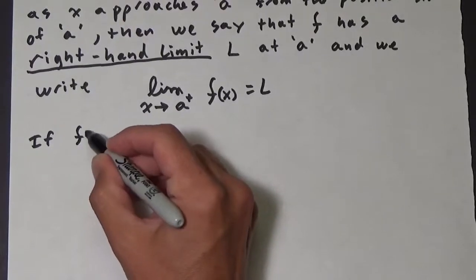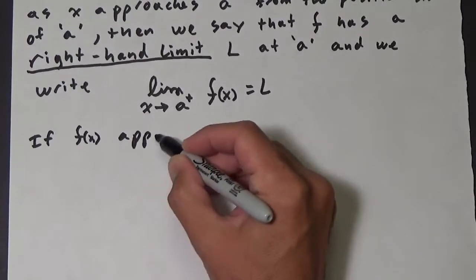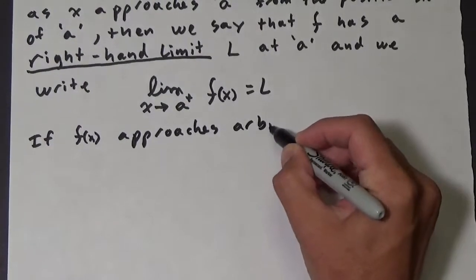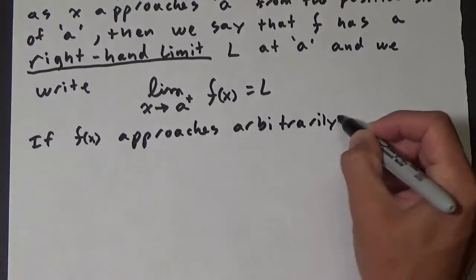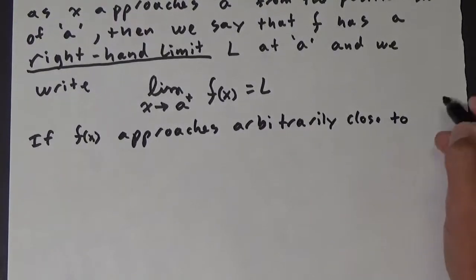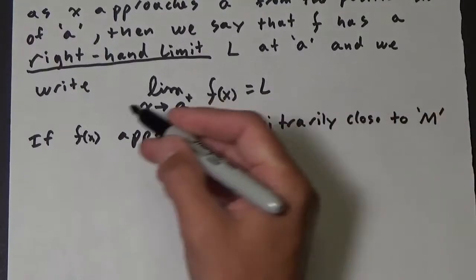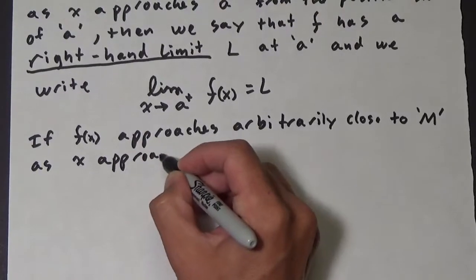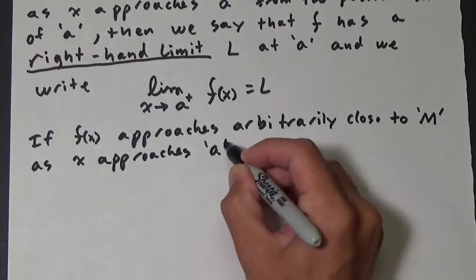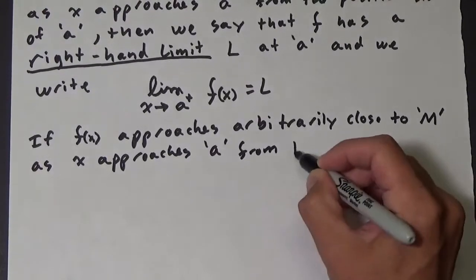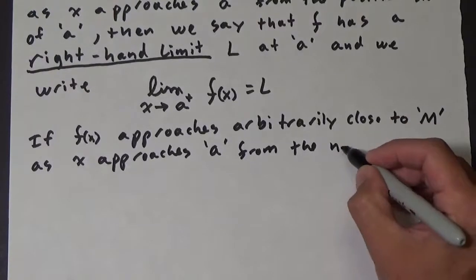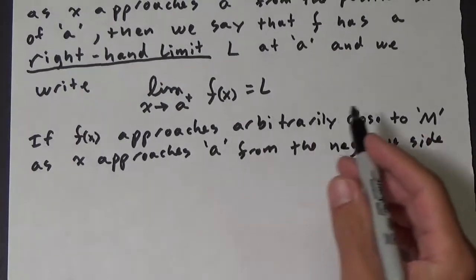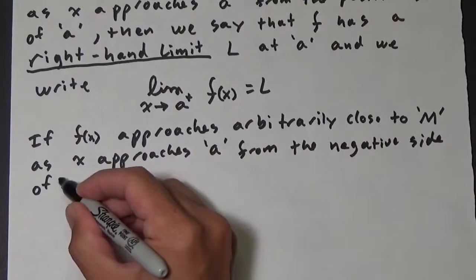If f of x approaches arbitrarily close to, we'll use m this time, m, as x approaches A from the negative side of A,